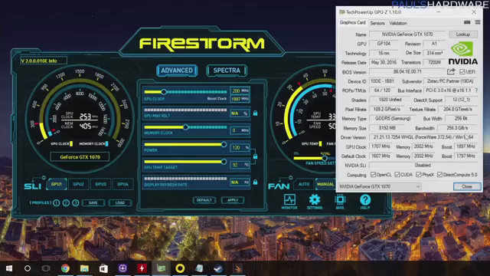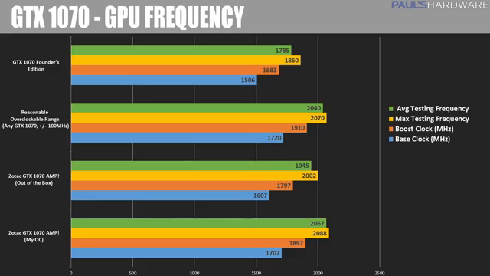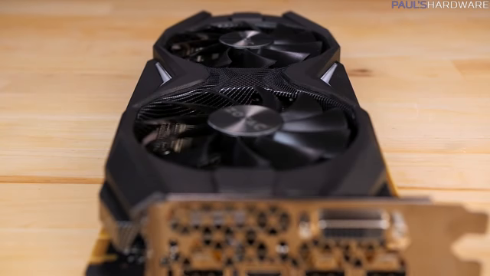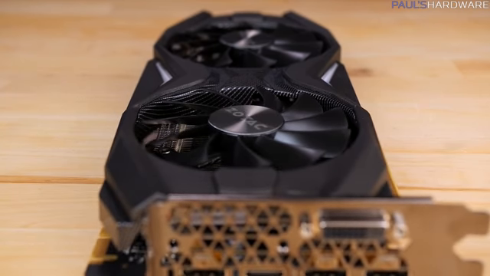The 1070 AMP here runs at a 1797 boost clock compared to the reference design's 1683, for example. That's over 100 megahertz of manufacturer overclock. That'll get you more performance out of the box, and you will never need to load up the manual control software. That's not to say that these large coolers are useless though, and cooling is important, especially over long play